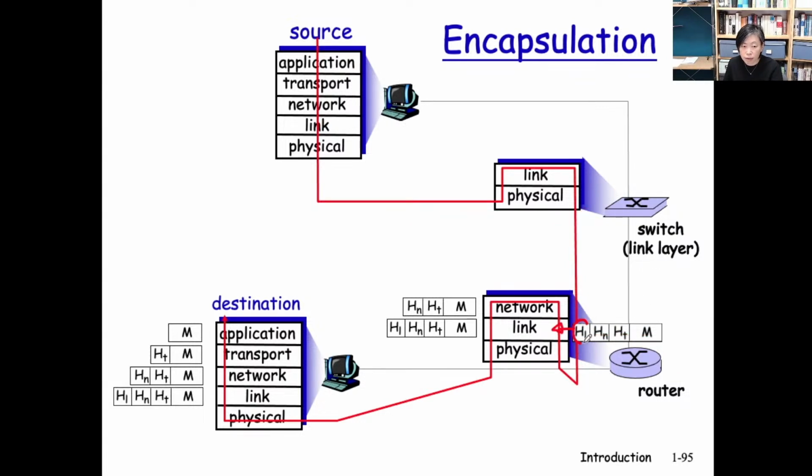The link layer at the router is going to examine this header and see if there's any additional function that it needs to perform. When everything is done, guess what? This header is going to be removed. So only the message with the transport layer header and the network layer header will be passed up to the network layer. You see here, the message is being passed upwards, because the network layer component of the router still needs to check this and see if there's something that the network component needs to do at the router. So this is going to be examined, and functionality is performed.